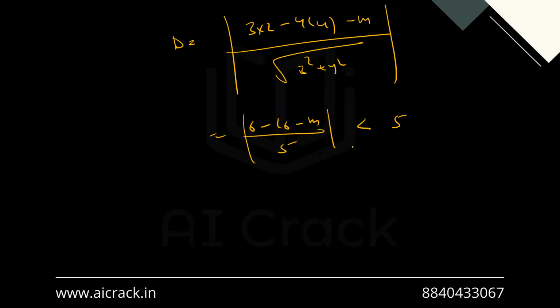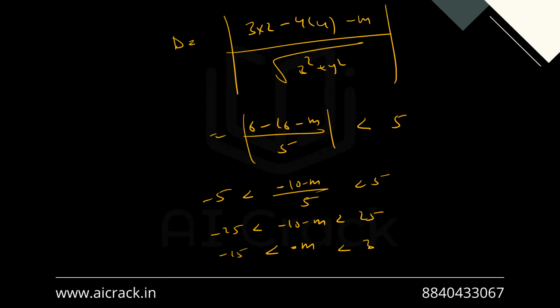So this will open with two signs, with positive and negative sign. So that would become minus 10 minus m, divided by 5, is less than 5 and greater than minus 5. So this becomes minus 25, minus 10 minus m, and 25. So m actually, minus m, and this becomes minus 15. This becomes 35. So m actually becomes,